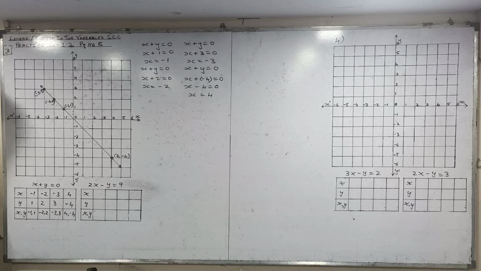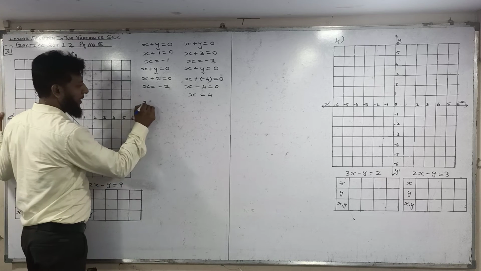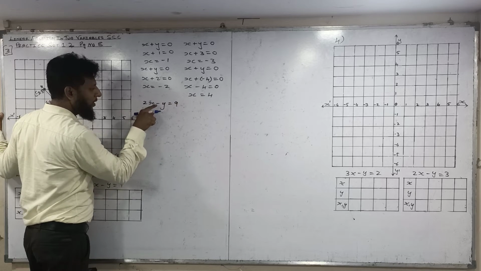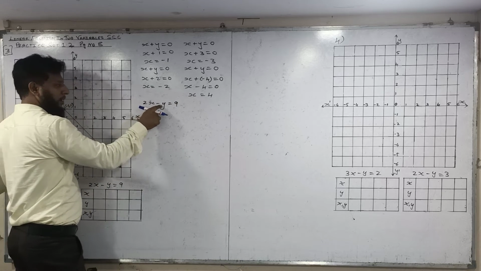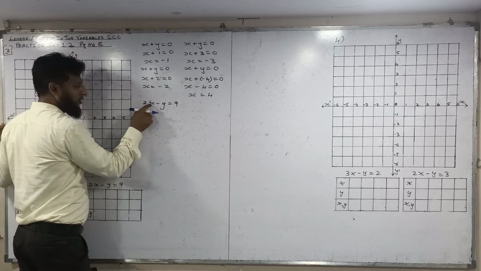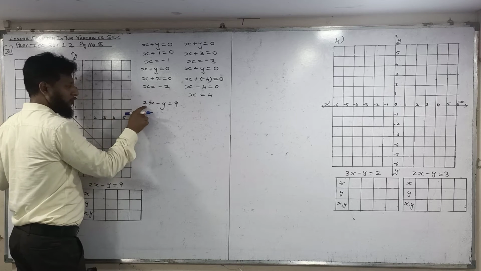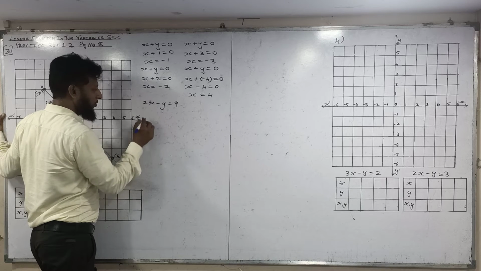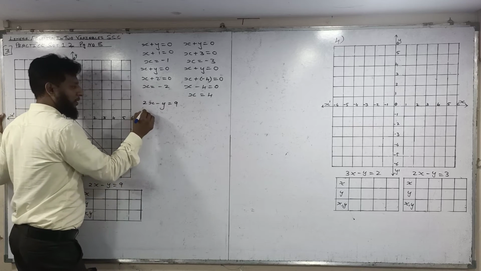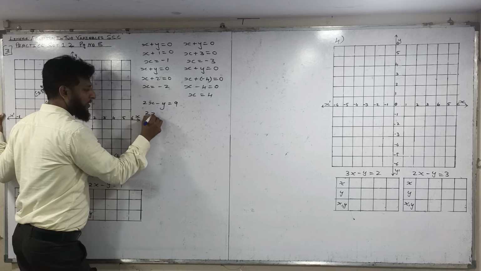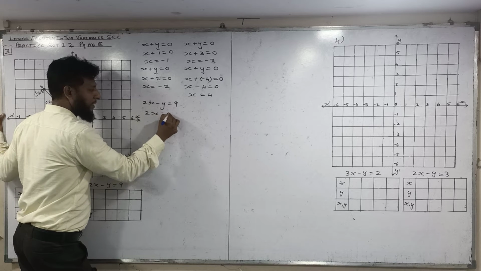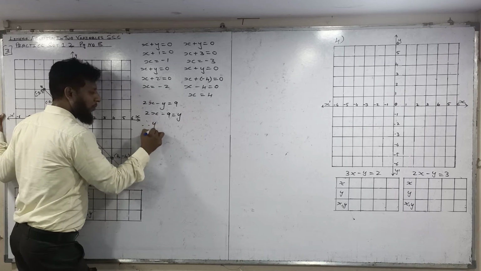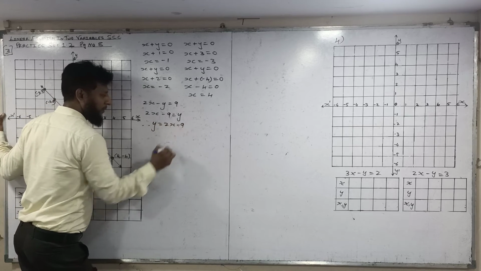Okay. Now see this equation, 2x minus y is equal to 9. In this equation y is a variable having no number, so that means 1. So this x is having 2. So we will solve this equation for y because it is easy to solve the sum. So 2x as it is, 9 will come here, minus 9, minus y will go there and become plus y. Therefore what? Y is equal to 2x minus 9.